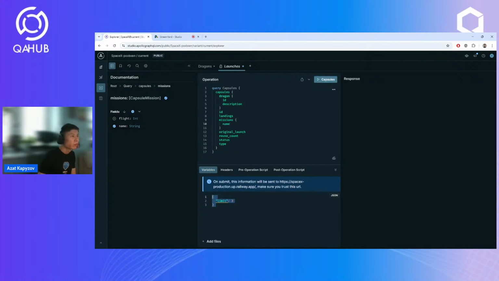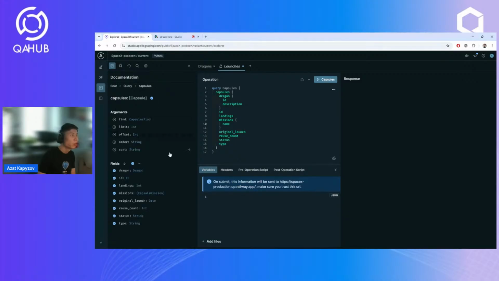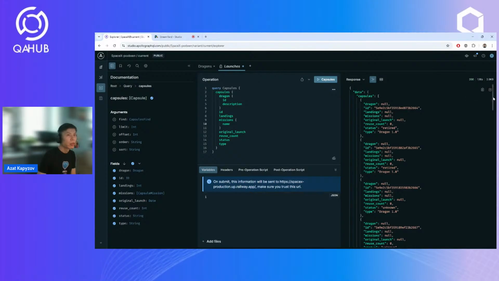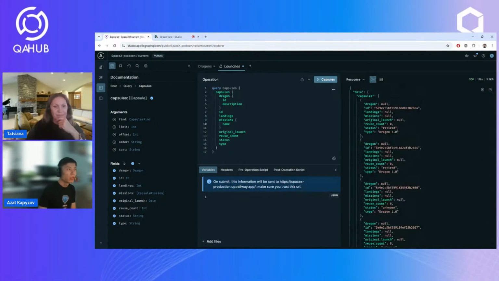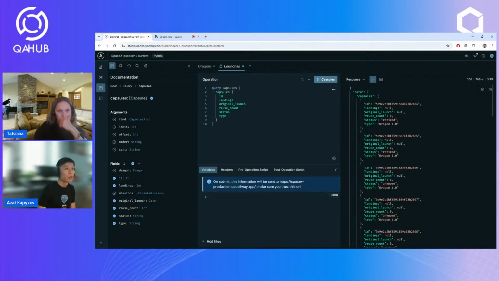Okay, those are variables, let's remove them. Run our query, and here we see our response, all of the objects. If we don't need missions, we just remove them. If we don't need the Dragon object, we remove it, run our query,